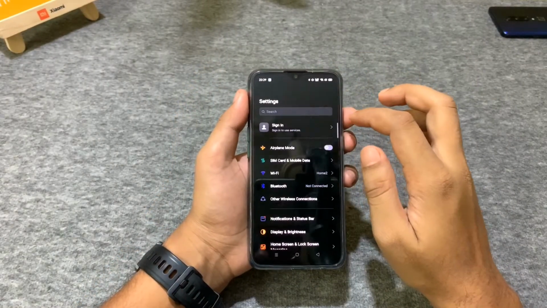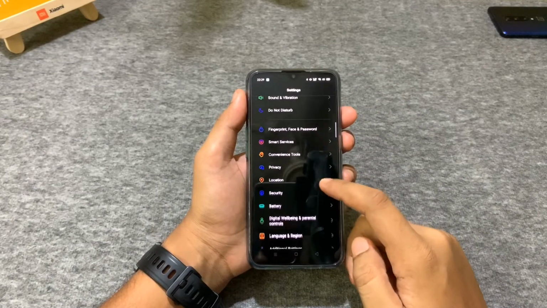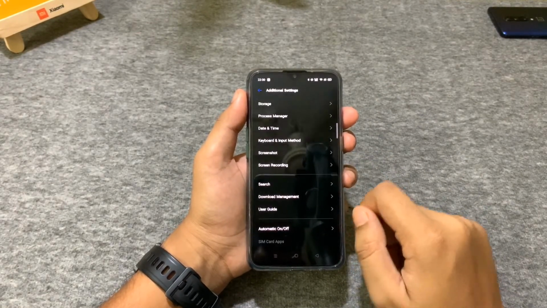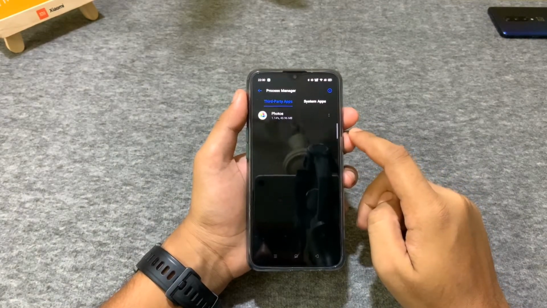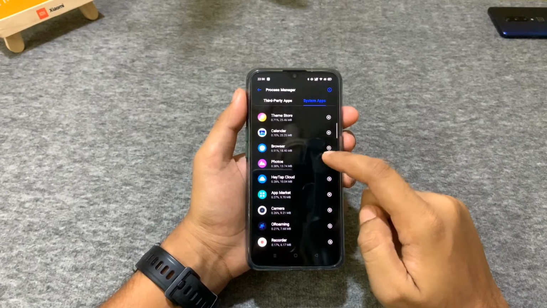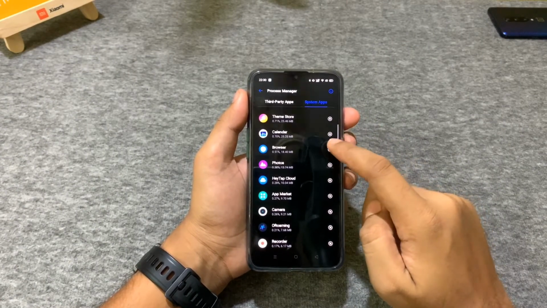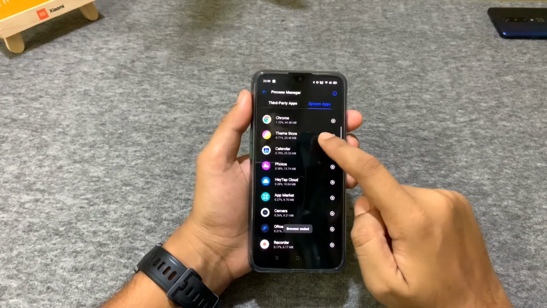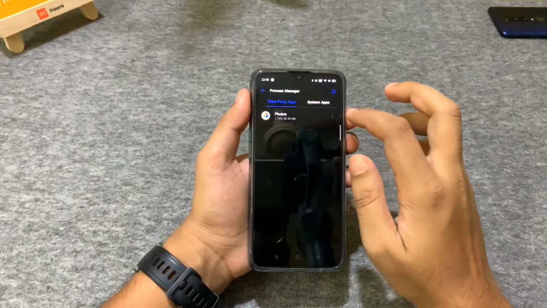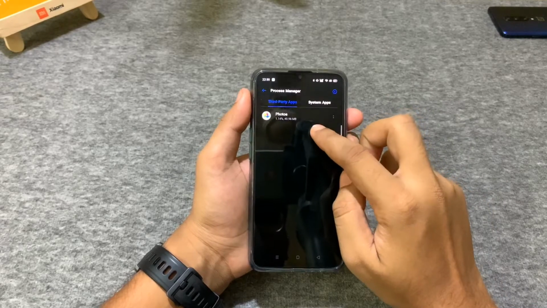There are many apps that we install in our phone, but only a few that we use every day. If you want, you can freeze these unused applications from being used in the background. Go to Settings, click on Process Management, and here it will show you the applications that are running in the background. Click on the two dots and freeze the application.